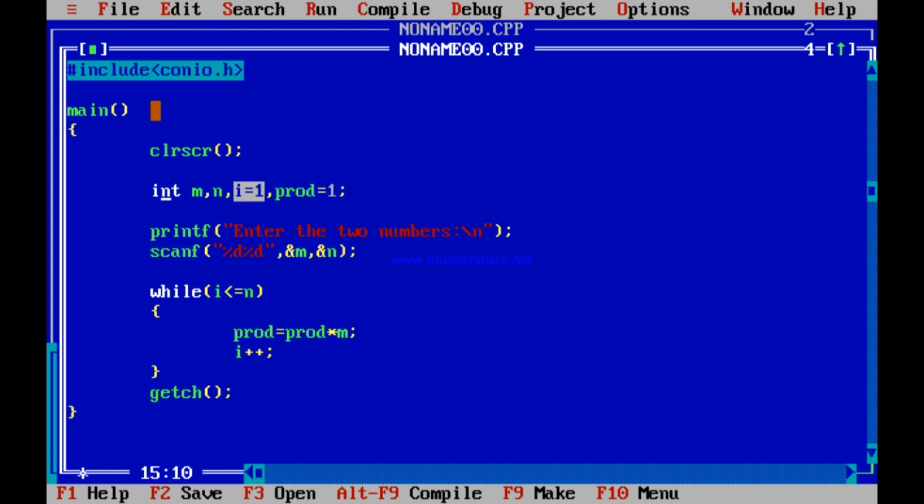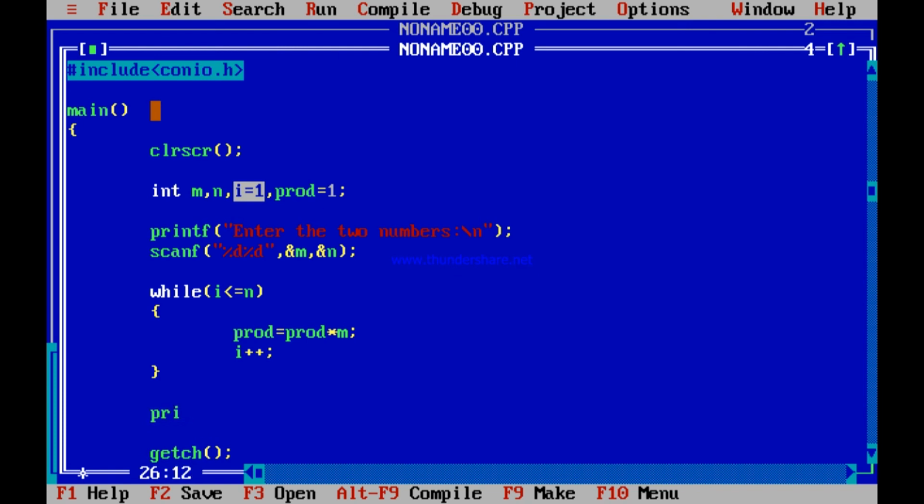One more time. You initialize m and n. i is initialized to 1, product is initialized to 1. Every time it is incremented in the loop, it is checked whether it is less than or equal to n, which means this loop will go about n times. First time i equal to 1, second time i equal to 2, third time i equal to 3, and so on up to n times. Once it is n plus 1, it goes out of the loop. But every time in the loop, m is multiplied with the product, n times. So this product variable contains your ultimate number, m to the power of n.